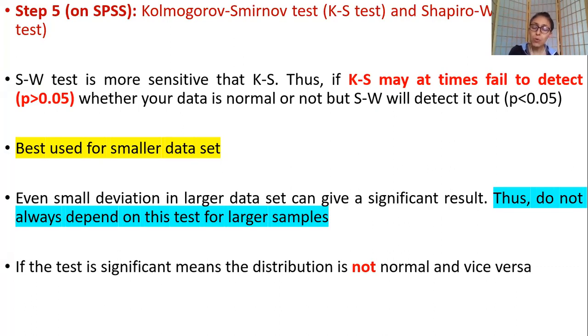KS and SW tests are good for smaller sample sizes. Anything within 100, yep, it is good. Roughly speaking, strictly small is something around 30. But in my personal experience, when I have a sample size of 100, they still give accurate findings. My rule of thumb is that I do not just rely on the KS and SW test. Even if it is a small data set, I run all of the other steps to identify normal distribution, not just relying on KS and SW. So do not always depend on this test for larger samples.